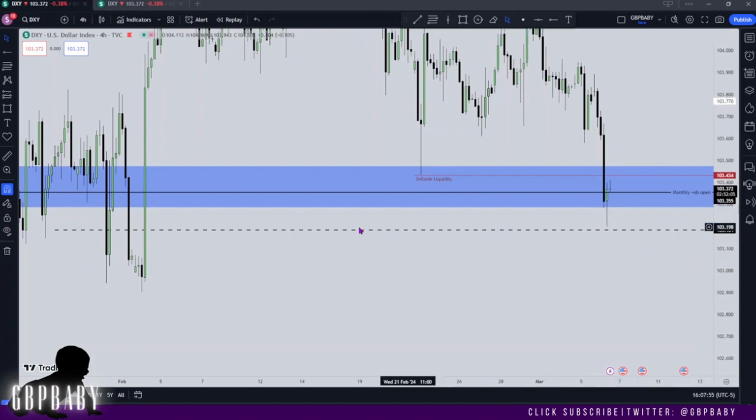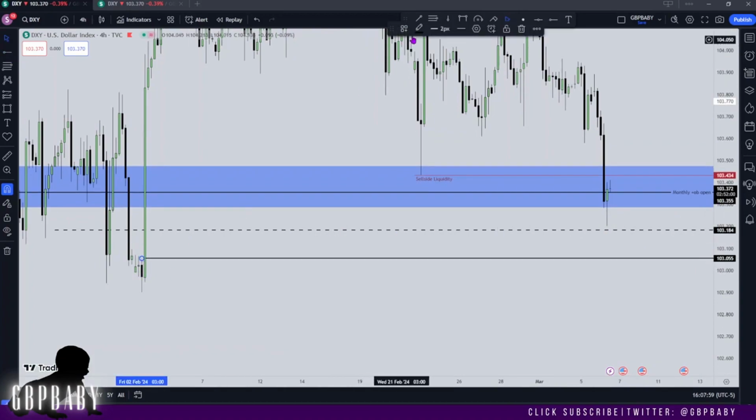Where do I want to see it trade to? Well, we have a nice 4 hour bullish order block right here, so I'm going to get that delineated like so. And when price takes out this low, I'd like to think that it can trade into this, and then we'd start to get a reaction away. So moving into the new day, maybe around the London session in the morning, I'd like to think that the Judas swing can get created, taking out this low and running towards this bullish order block